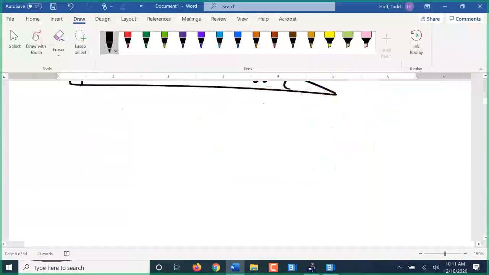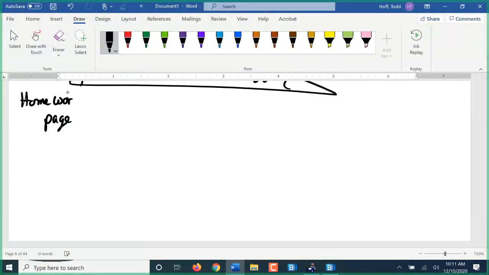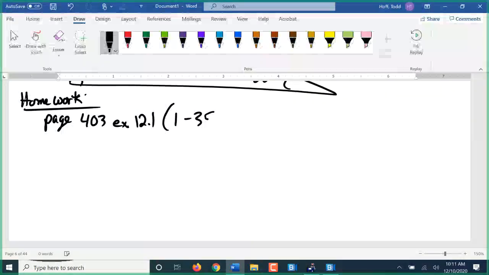Okay, with that, I have rambled on long enough for the day. Homework for you is on page 403. Exercise 12.1, 1 through 35, the odds. Looking at those angle relationships and the triangles. So we have about 8 minutes left. You're welcome to get started on that if you would like. I will be here to answer